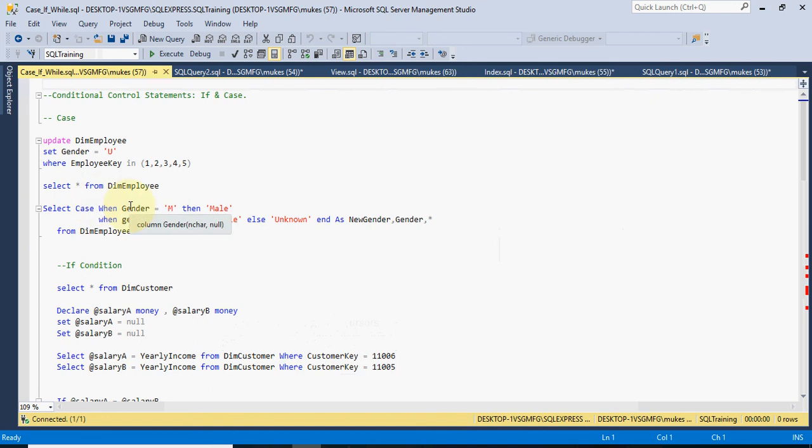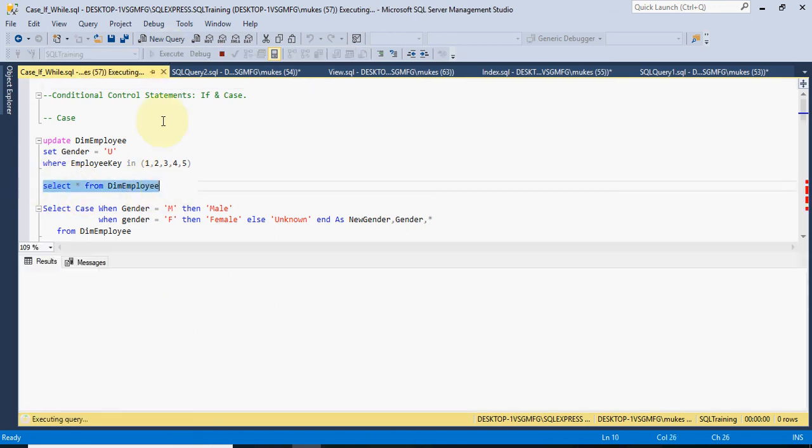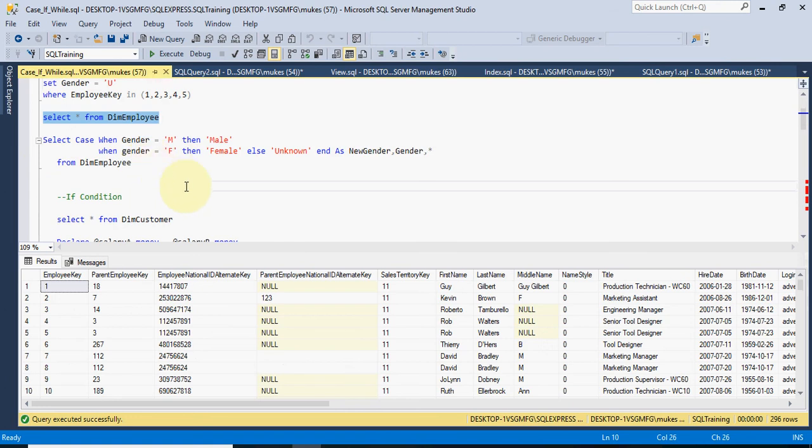Suppose in the dim employee table you have a condition to display M for male and F for female, else unknown. How can we display that in the report? The CASE will work: CASE WHEN condition THEN output.